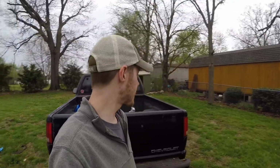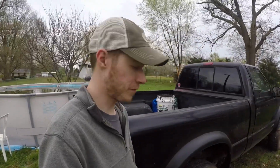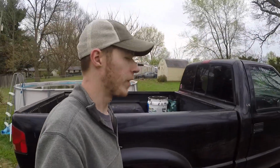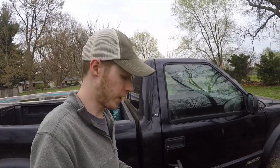Isn't that terrible? Anyways, what I've got back here is my 98 S10 ZR2. I use it as my work truck. I kind of do it backwards. I've got this pickup as my work pickup, and then I got a 2014 High Country that I use as my running around pickup. So today I've got a product that I wanted to showcase for you guys,